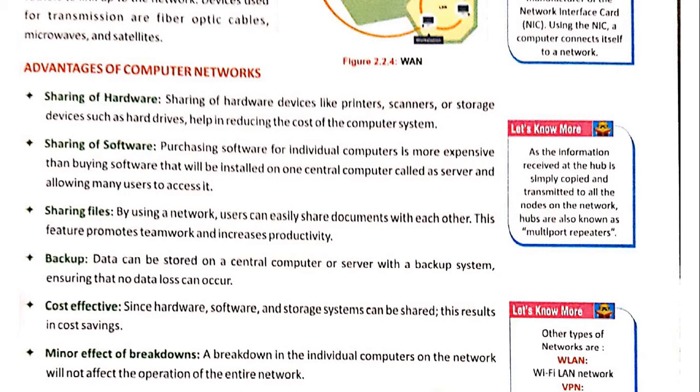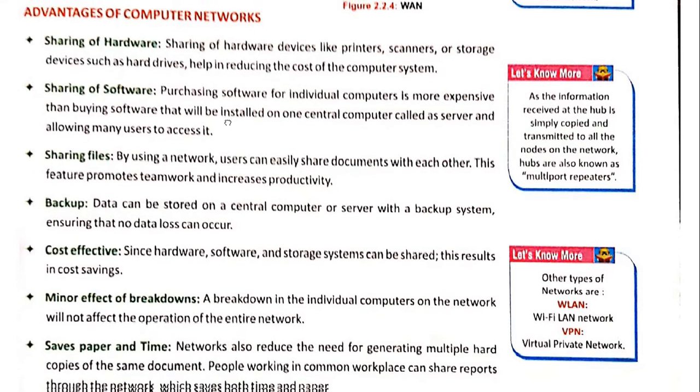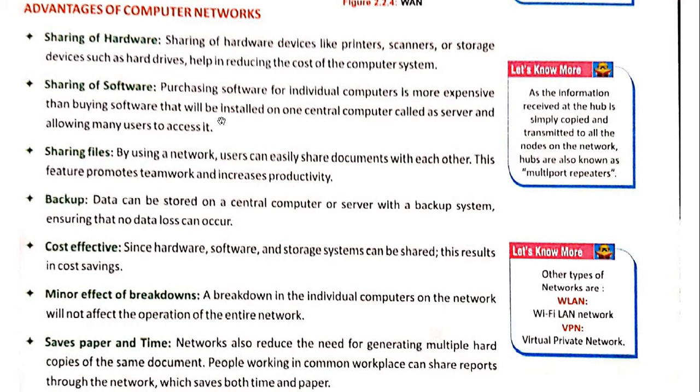And resources also include software. Some people may not have the software in their computer. For example, you can see, for purchasing Microsoft Office package, we need to pay some amount to the Microsoft organization, the company. But people having Microsoft Office in one computer can be accessed from another computer with the help of internet, or by connecting one computer with the other computer.